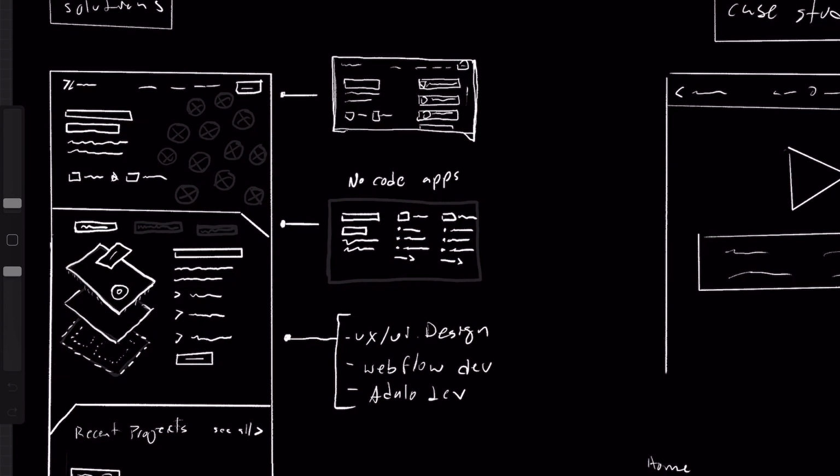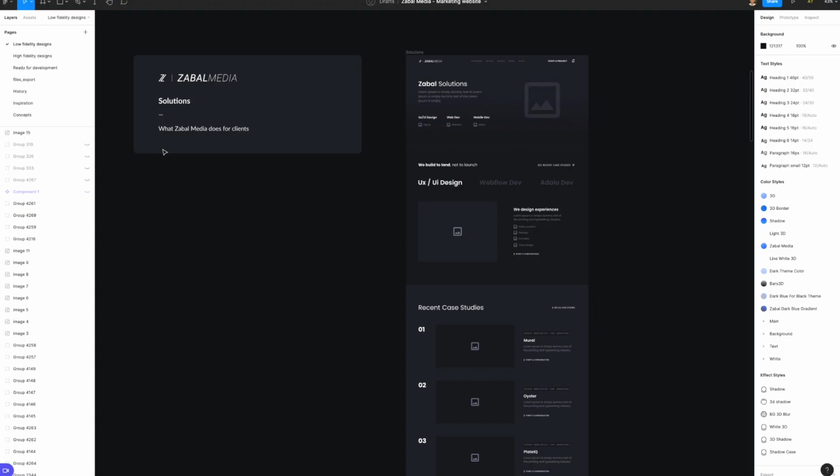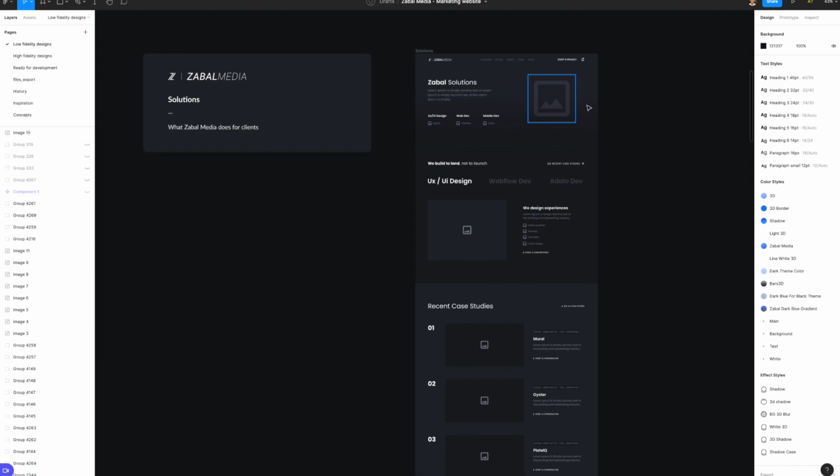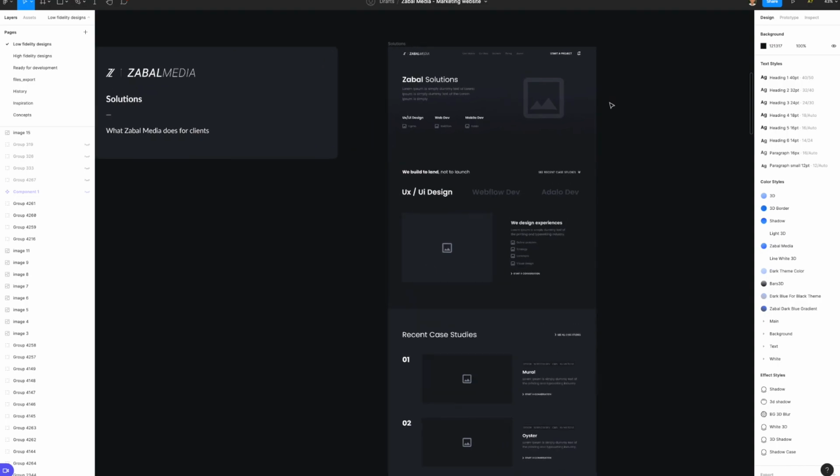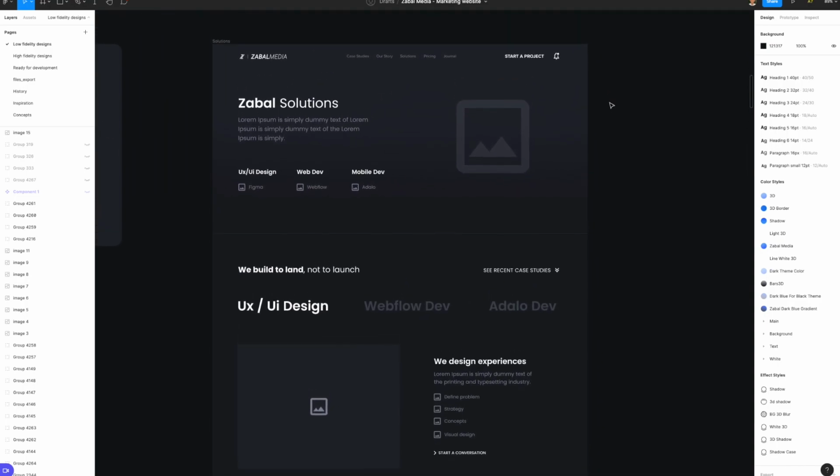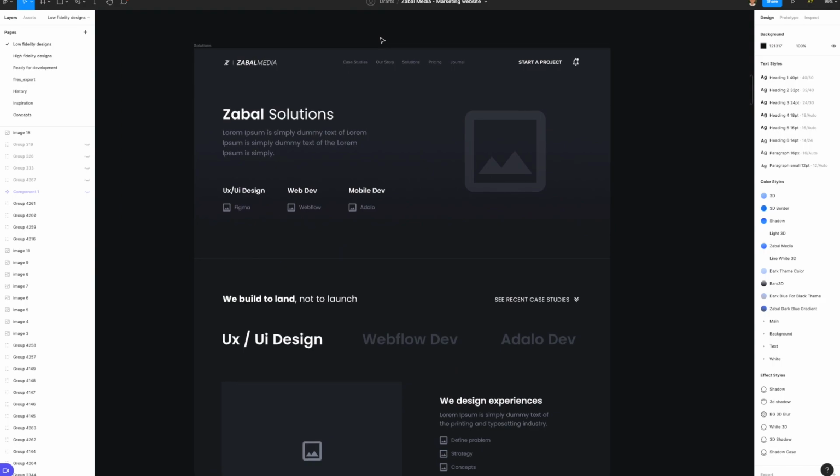The next step after we have all of these sketches is to then digitize them inside of Figma. Here is the digitized version of that sketch that we had recently created inside of the iPad. This app is called Figma. And in this app, we're able to take any type of design that was previously sketched on a napkin, piece of paper, whatever have you, and digitize it to wrap our heads around the content that we're